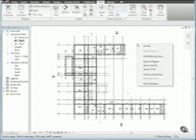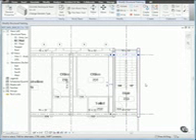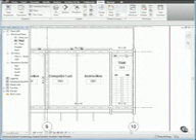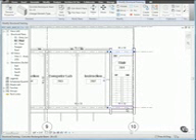Next, we'll delete beams placed inside the north and south stairways. Zoom in on the north stairway. Select the beam on grid line A and press Ctrl and select the beam on grid line B. Click Delete, and using the same method, delete the beams inside the south stairway. Zoom to fit,